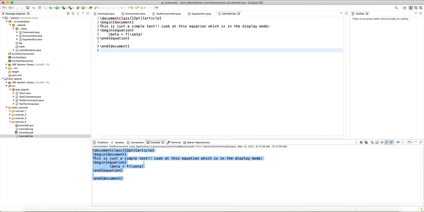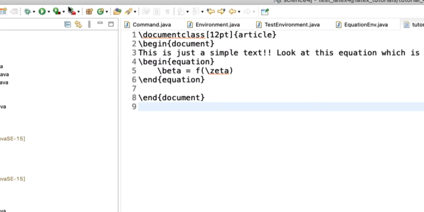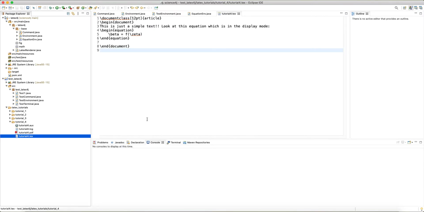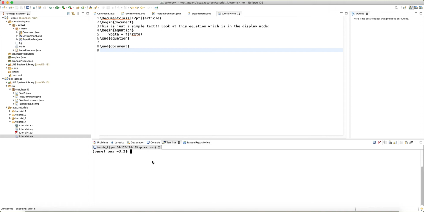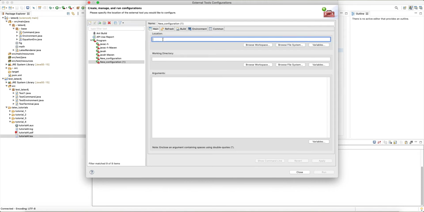Okay, so for building, I'm going to take advantage of a feature that Eclipse has, and I think that's very good for you to know, which is the external tools. If you look at this run button that has a suitcase, it's called the external tool. It's equivalent to the way we call PDF LaTeX. Instead of typing it, I just want to click on this, and so let's create a new external tool and call it PDF